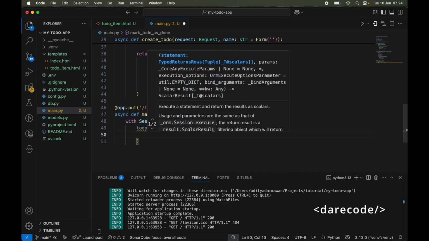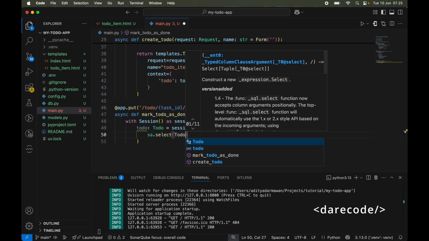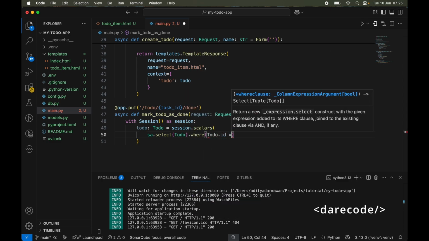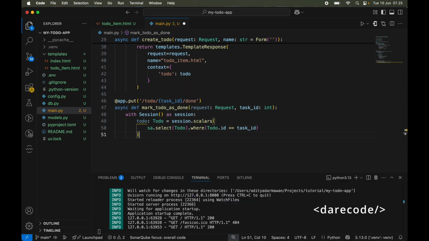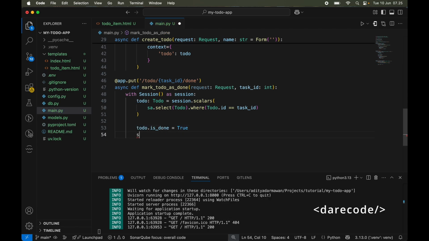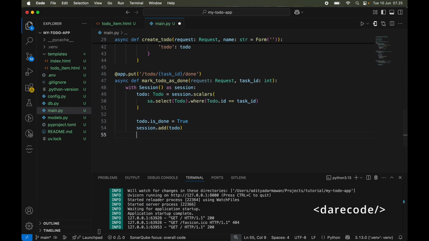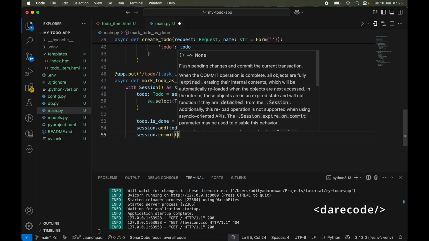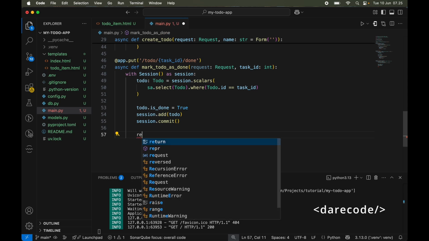Let's get the to-do, the task by ID. This line marks the to-do as done. Let's return the template.